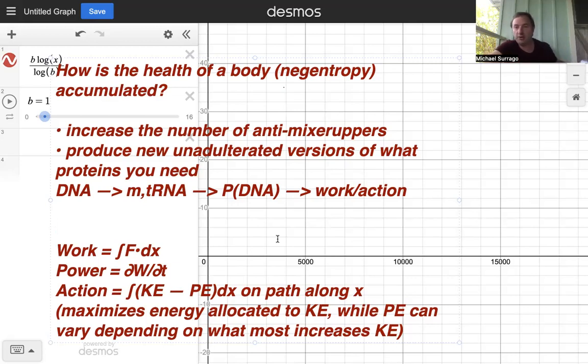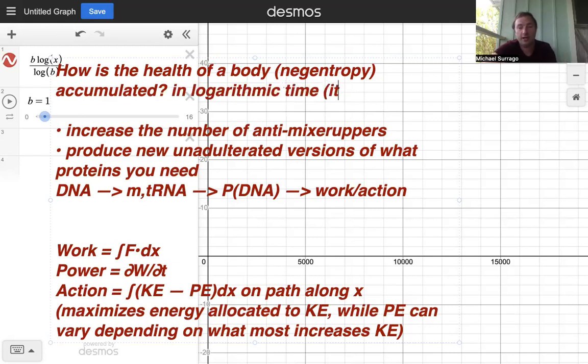But in either case, the idea is that you want to maximize action against a collidic universe, because if you can increase your store of action, then you can ride that gradient. You have more paths of lower action that you can go down in meat space. So essentially, the health of a body is accumulated. The answer is in logarithmic time,